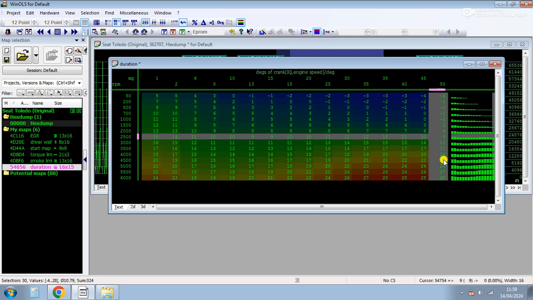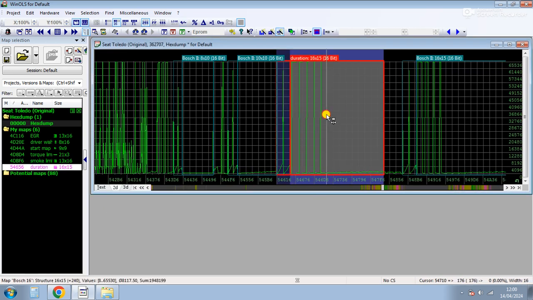9 degrees of what? Well, it'll all become more obvious when we find the start of injection maps, because they work together. Obviously the amount of time the injector is held open and the time that we actually open it must always work together. So for now it's 9 degrees of crankshaft rotation at 2.5 and 50. That's the duration to hold it open for. The common rail engines don't work like this, but this is a PD. So there's our first one, there's our next one,